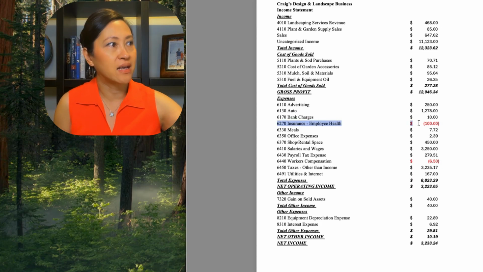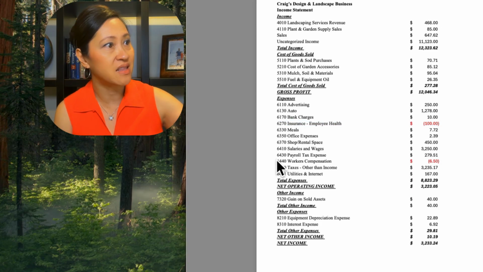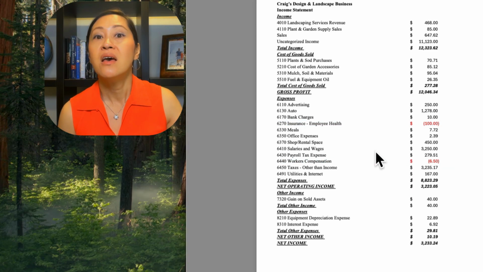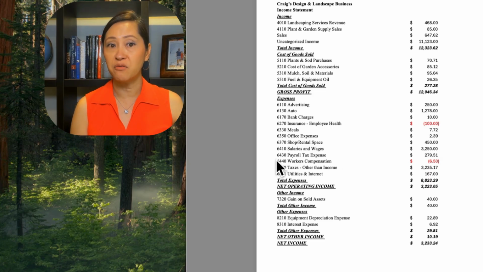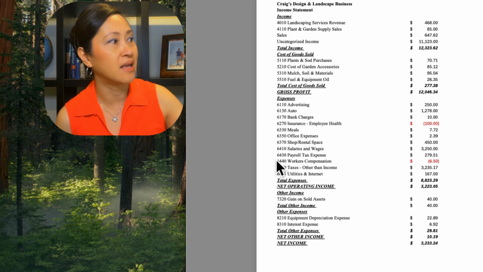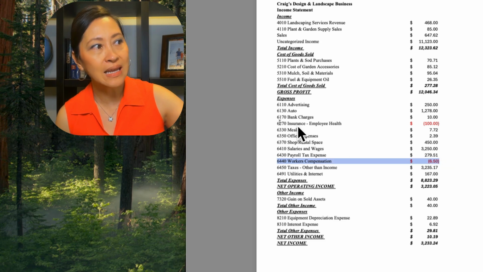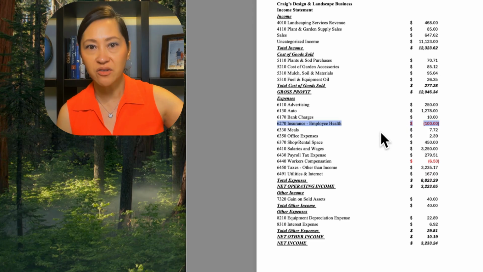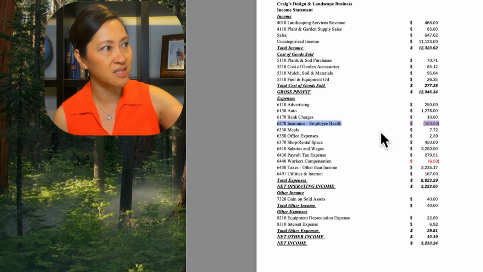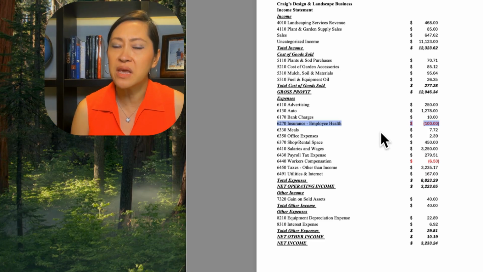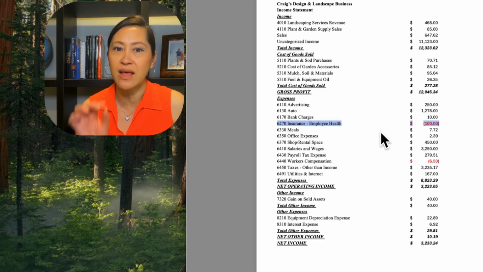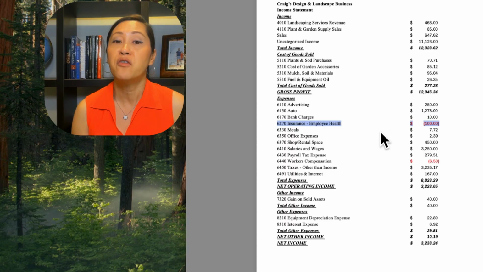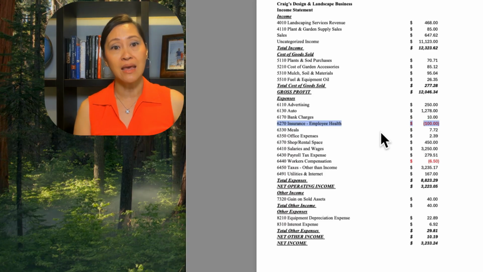Here are some red flags, negative numbers in expenses that should almost never happen. The only exception is a refund, for example, returning office supplies. Payroll-related items like workers' comp, health insurance, retirement contributions should almost always be positive because they are actual costs of running the business. So if these appear as negative amounts, it often means the transaction is misclassified. For example, if a payment hasn't been made, it might belong on the balance sheet as a liability, not the